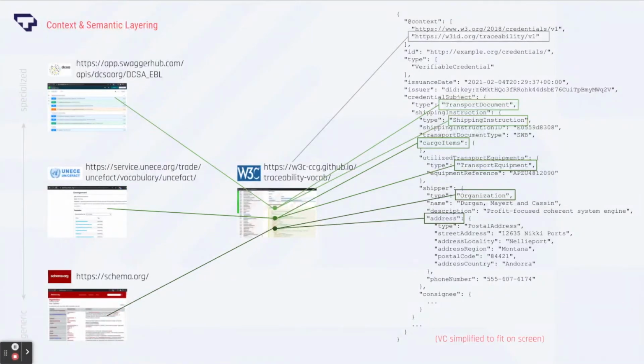What it does is essentially map each term used in the file to a concise vocabulary URI from a vocabulary. So we have a simplified verifiable credential on the right here, and you can see the context on top. First, because it's a verifiable credential, we have to point at the credentials context, that defines terms like verifiable credential. But underneath, I've included a reference to the traceability vocab, and that's this thing I have in the middle, which